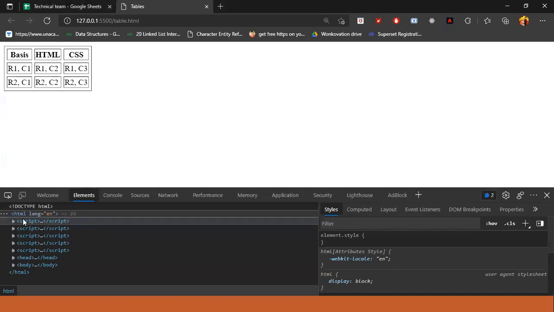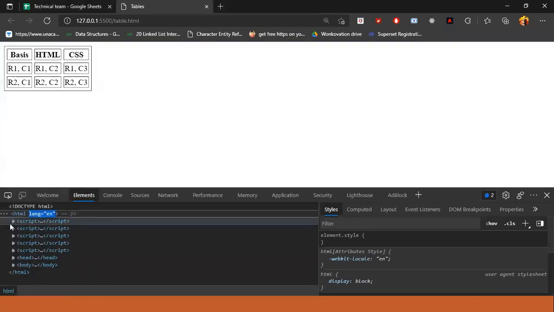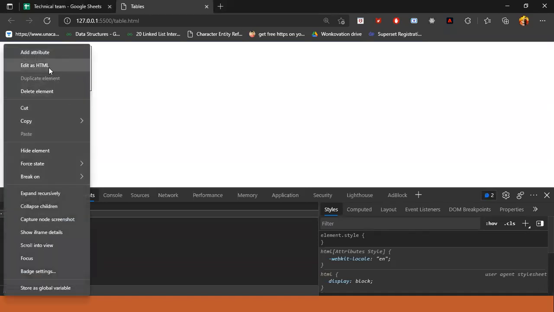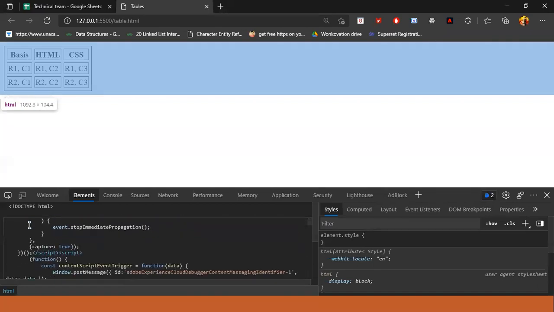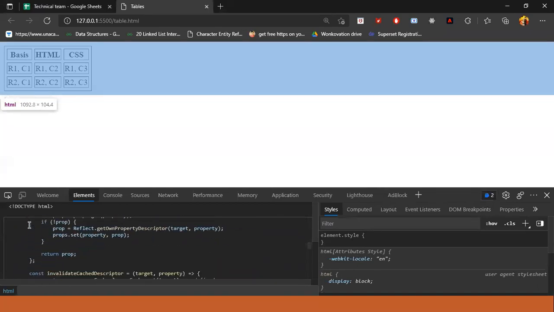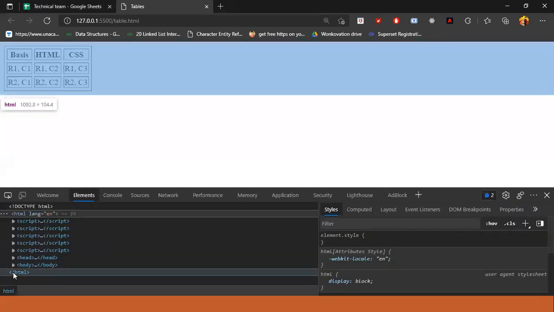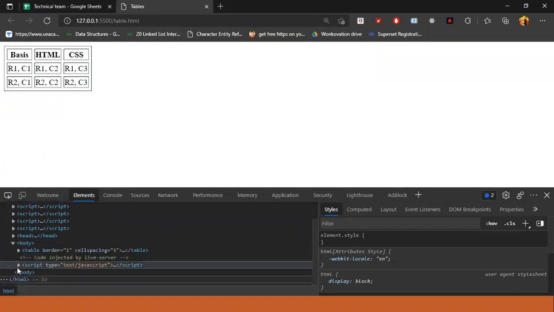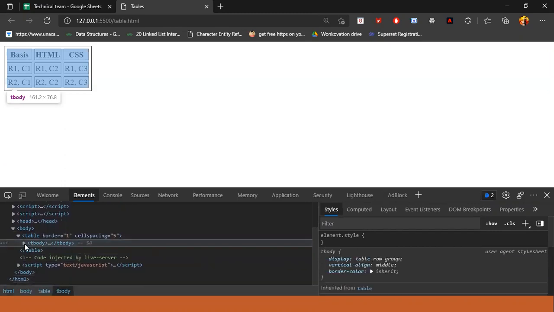Let's say I go to our HTML file and open this. Now over here, inside the body, then the table, and after that we are going to go to the table body.